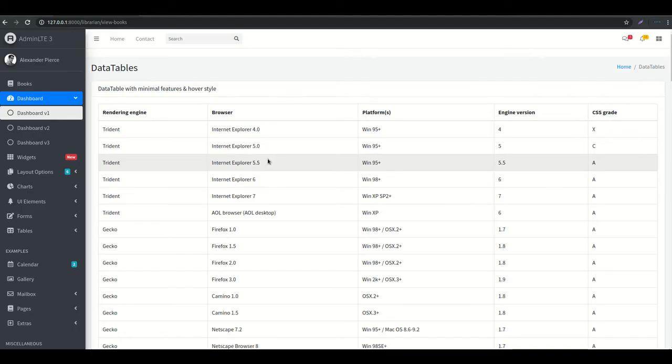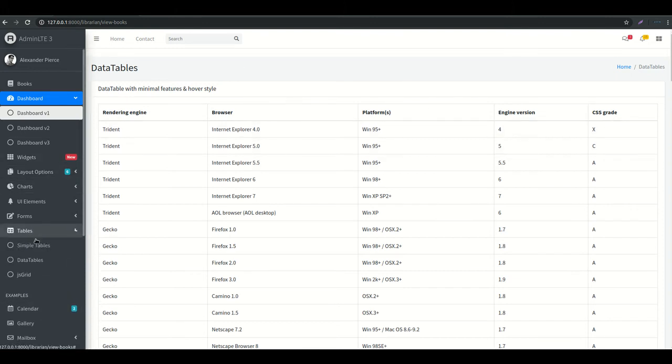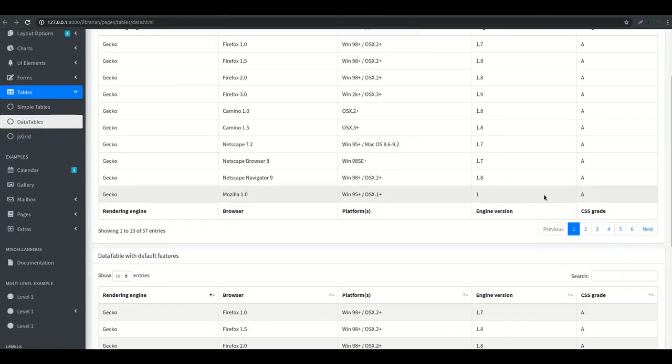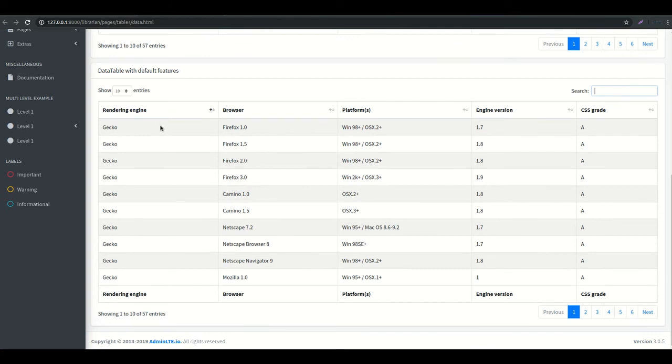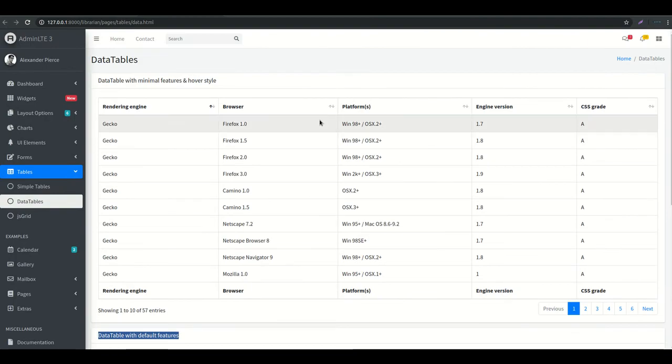Okay, so we don't need this first one. According to this table structure, if you see that table structure, we need only this with search box. Okay, we need one search box. So this data table with default features, this is also the same, no?